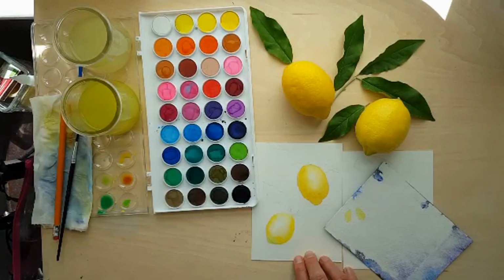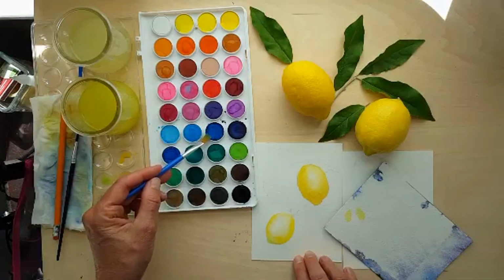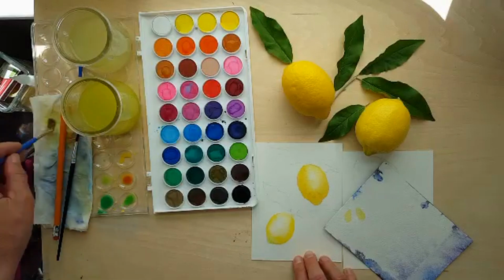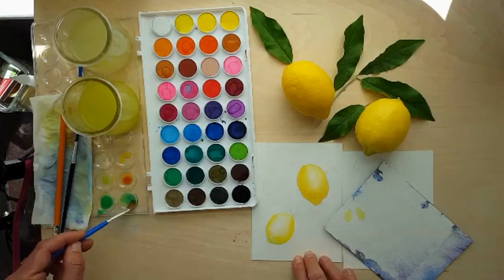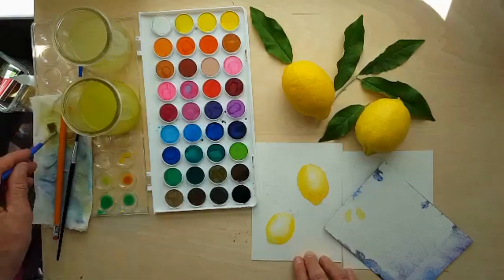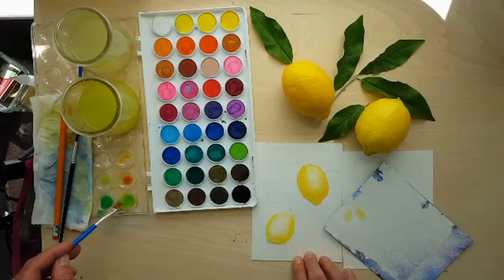Let's see, what do I want? Maybe I'll try a little bit of this blue, because I'm sure you all know that yellow and blue make green. Is that the color I wanted? I'm going to add some of this yellow. I'm kind of liking that for the first